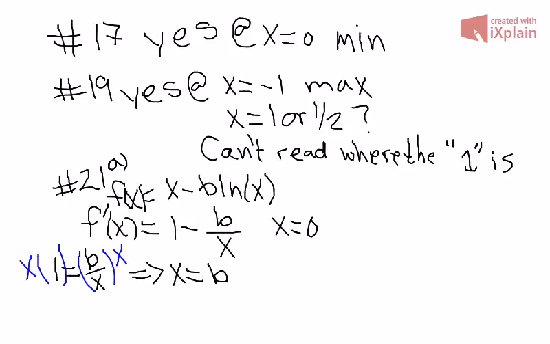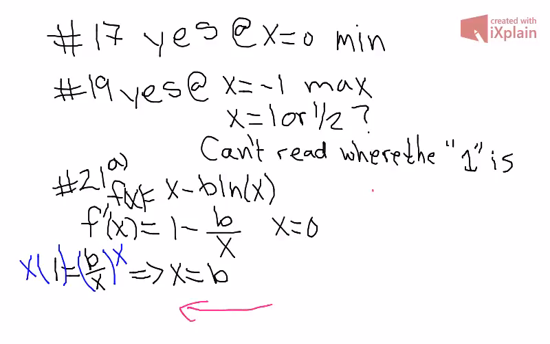But we can move to number 21, A. If B is a positive constant, find all the critical points. So again, all we have to do is take the derivative here. So we take the derivative, set it equal to 0. We set it equal to 0 down here,